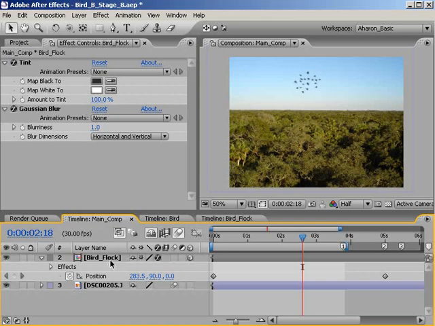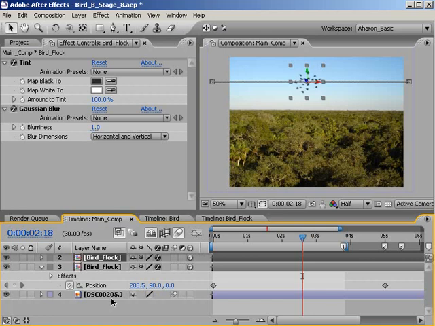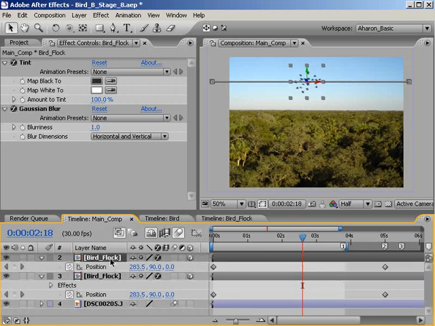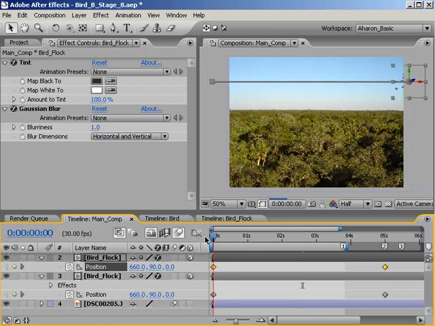So I'll select my bird flock layer and hit Ctrl D to duplicate it. Now I just need to offset the animation and the position a bit. With the new flock layer selected, hit P to reveal the position keyframes for the layer if they aren't already showing. And then select both position keyframes by clicking on the word position. Now, making sure that you're either on the first or last keyframe in the timeline, in my case frame 0,